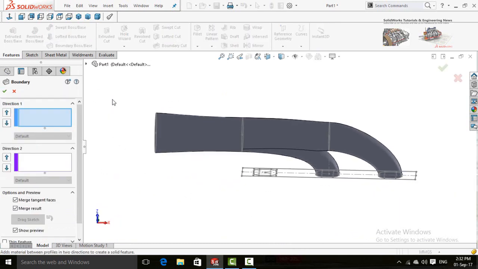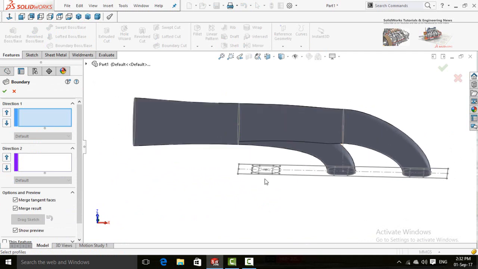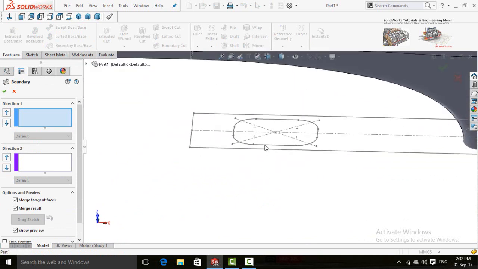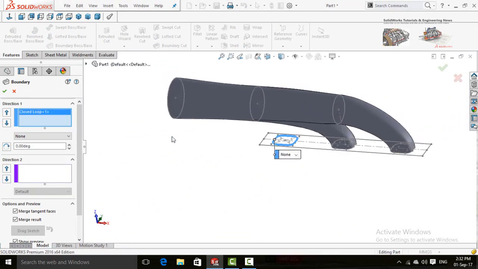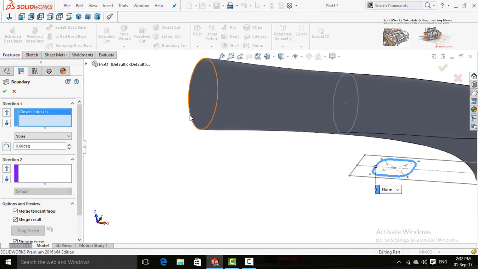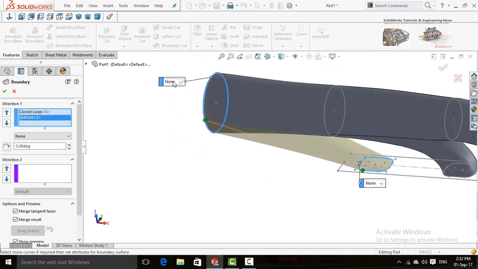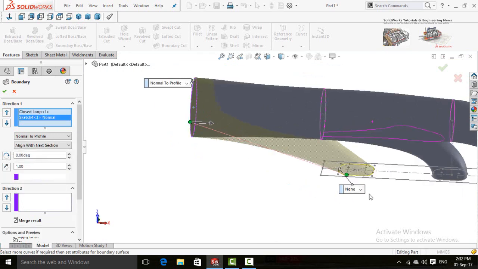Again select boundary boss base command and this time click on this line, press OK button. Now select this circle, Normal to Profile and Normal to Profile.